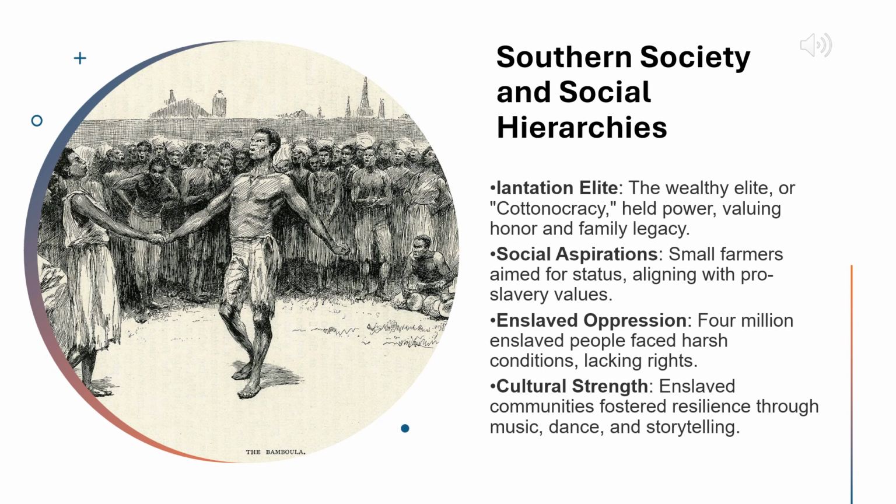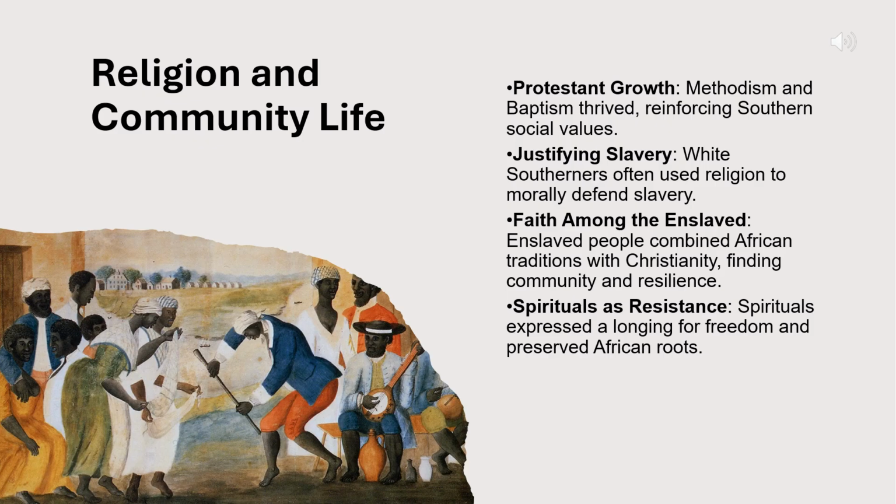This culture included distinctive forms of music, dance, and oral storytelling, all of which played crucial roles in their communities. Religion was a central aspect of Southern culture, significantly influencing social values and community life. The South was predominantly Protestant, with denominations like Methodism and Baptism experiencing rapid growth during the Second Great Awakening. Revivals and camp meetings served as crucial gatherings that brought communities together, reinforcing moral values and fostering a sense of